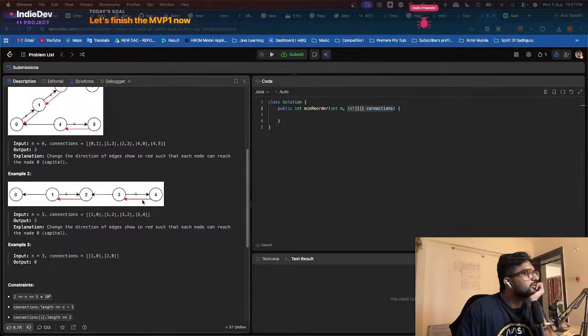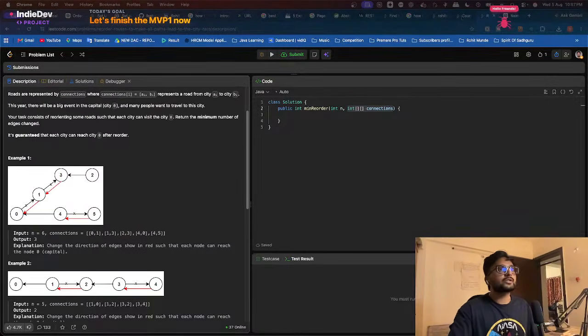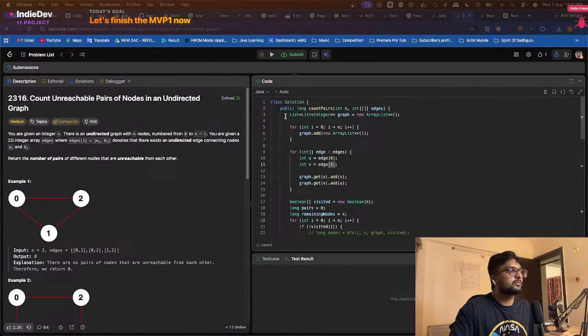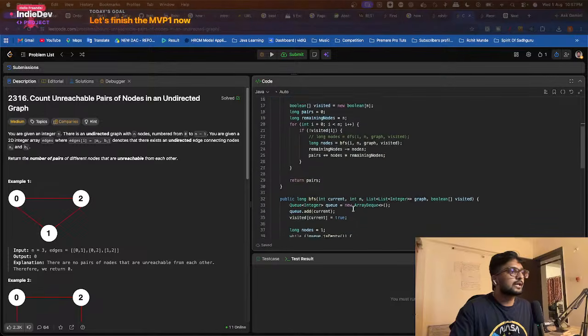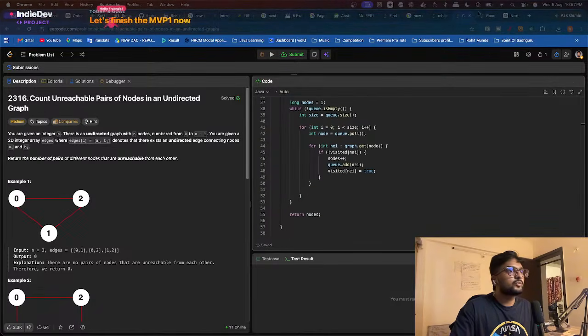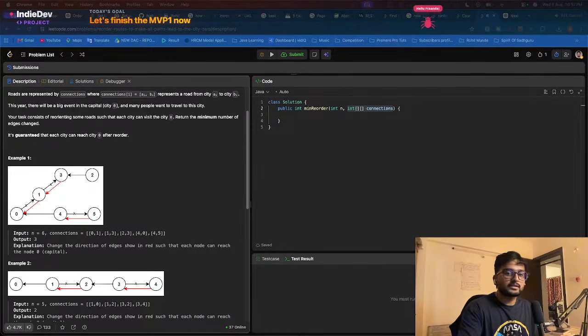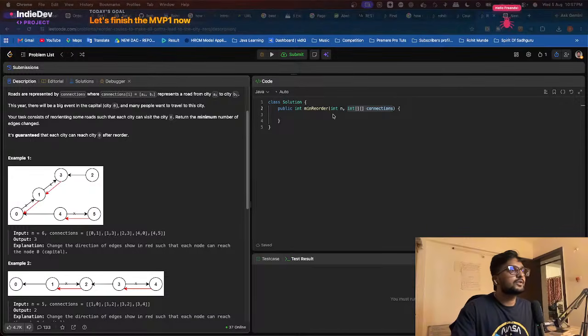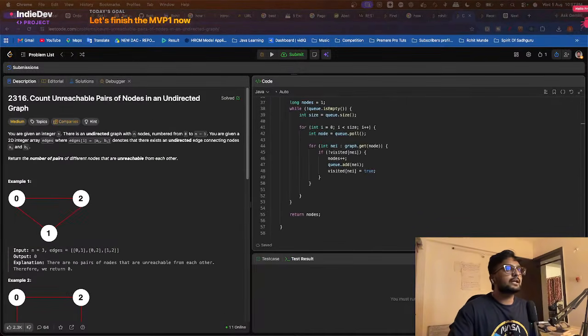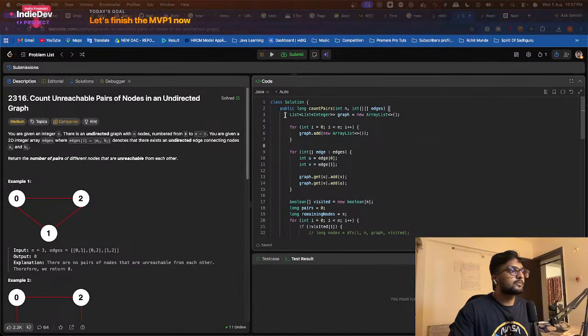So we need to change the direction. The first and foremost thing, it is exactly like this problem. We have to convert it to a graph first and then do some kind of BFS, but this is directed. I guess we haven't solved directed problems. So I can do one thing. I can just go like this. The last problem that we solved, just create a list, create a,